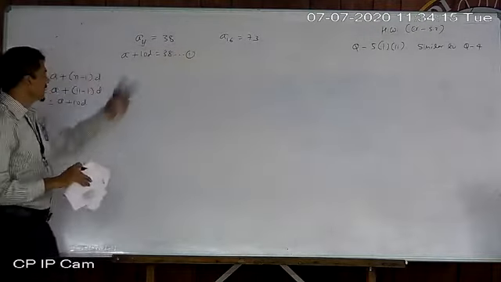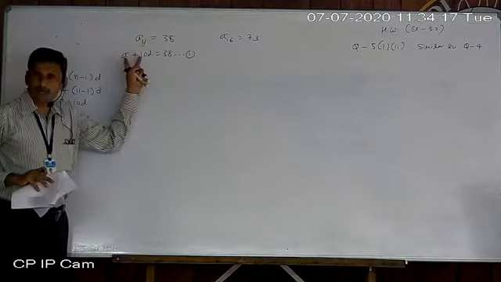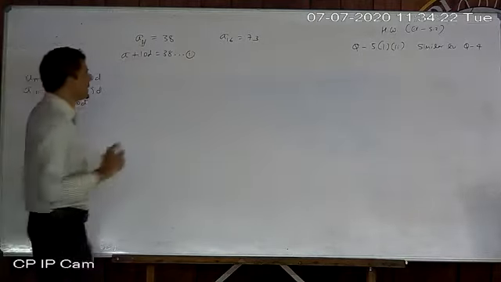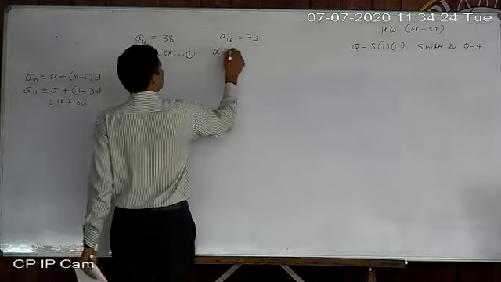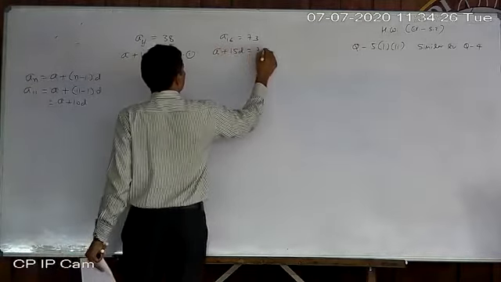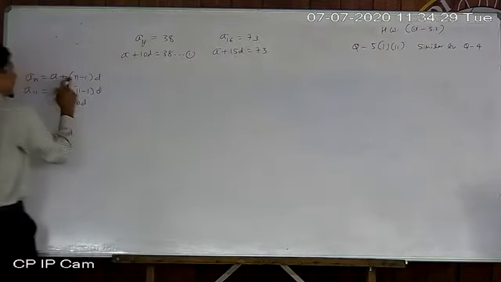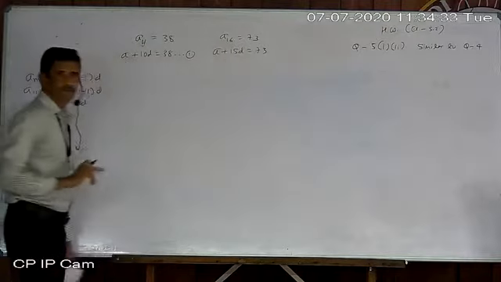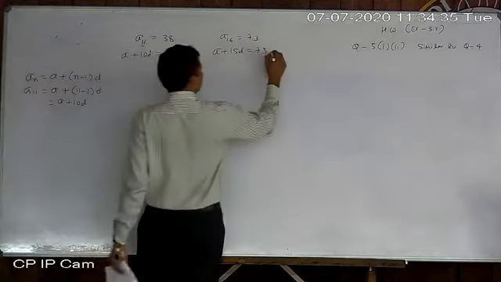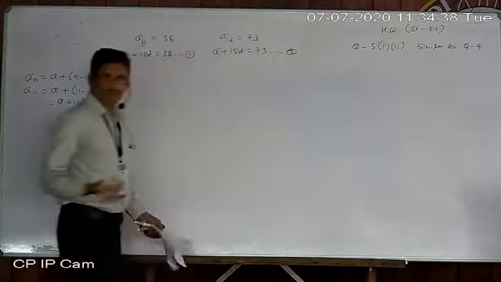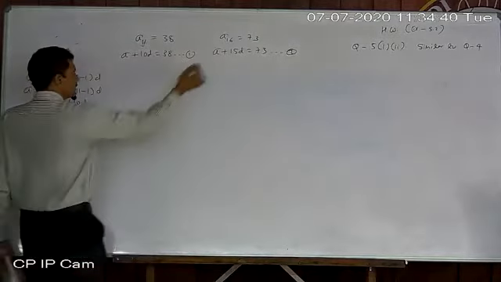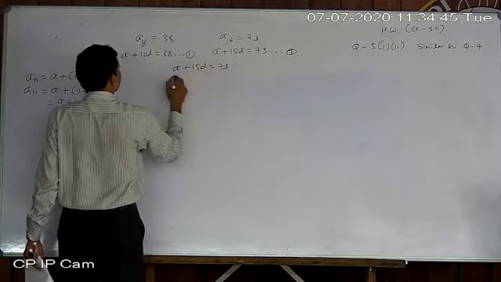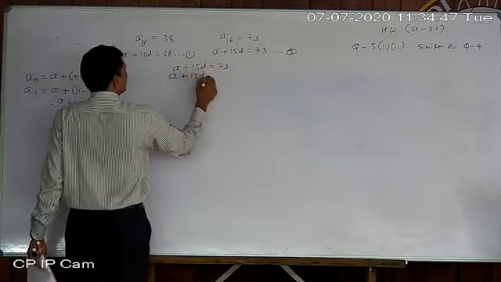Because if two variables are there, we cannot solve that equation with just one. Now here I can write directly a plus 15d. Why? According to the formula, a plus 1 less d, 1 less than 16. So we are having two equations. So just solve it by elimination method. Write down a plus 15d equal to 73, a plus 10d equal to 38.